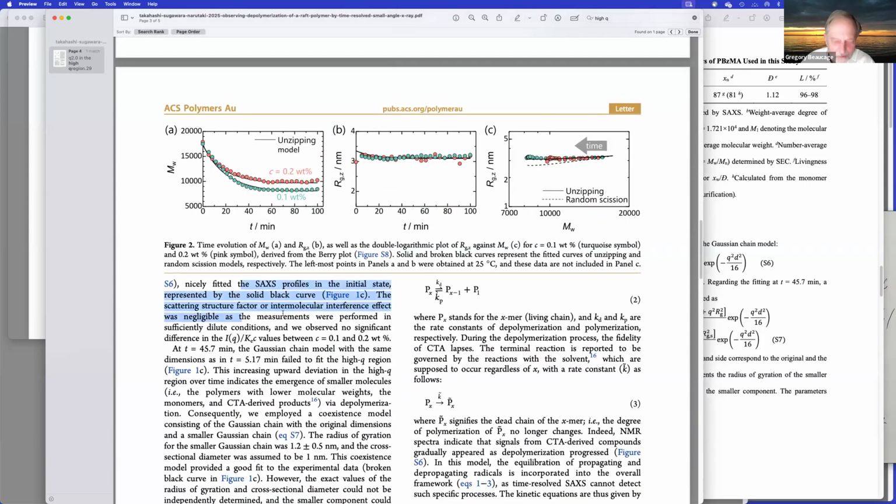Nicely fitting the Sachs profiles, and so on. So let's see what else. And then he talks about this bimodal thing that I mentioned. It has two Gaussian functions, two Debye functions. And then the Zimm analysis, which he calls a Berry plot,